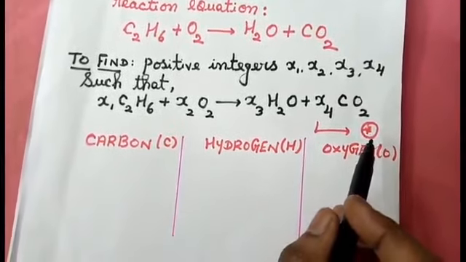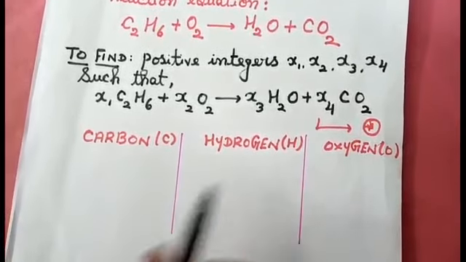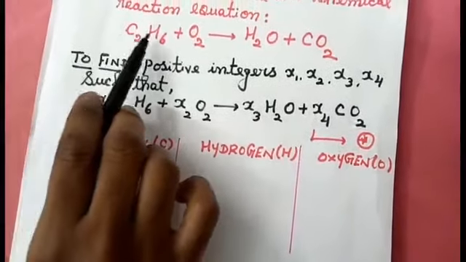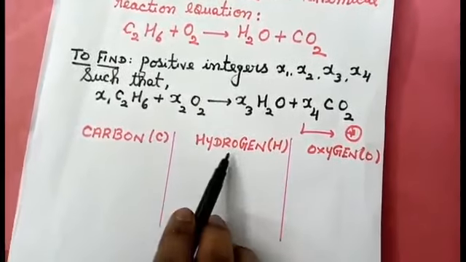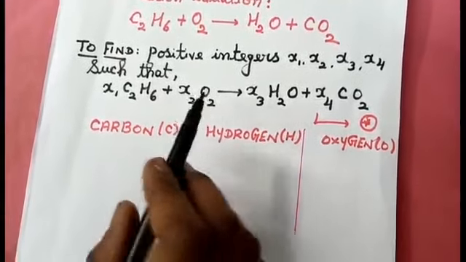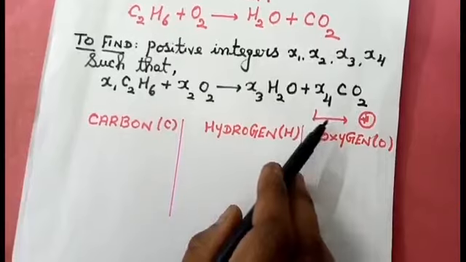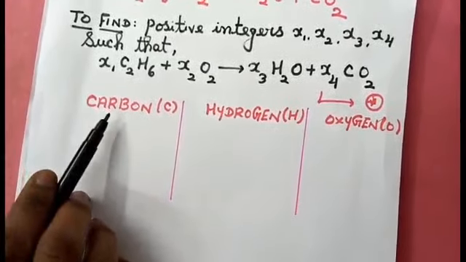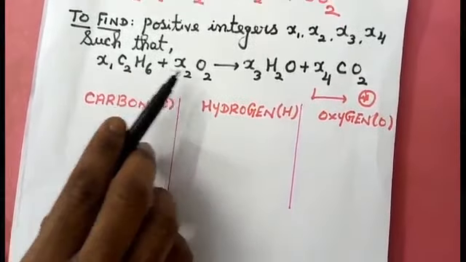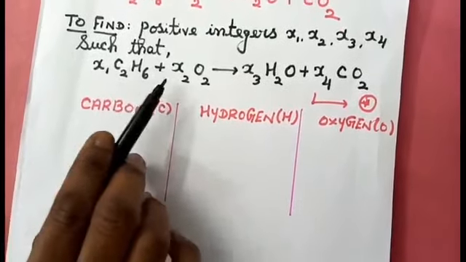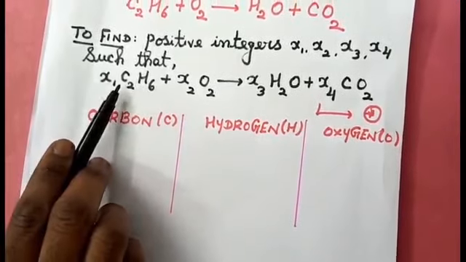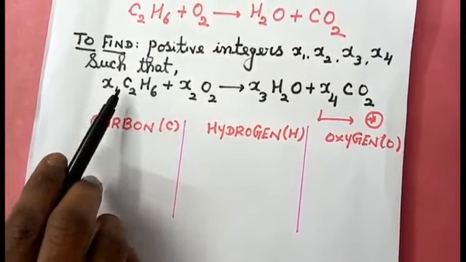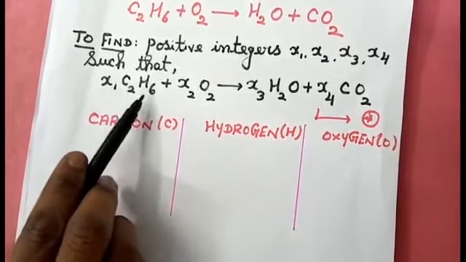Now let us see how to first find the equations. If you see the alphabets, you are going to have C, H, O, that is carbon, hydrogen and oxygen. Coming to the equation star, for identification I am writing like this. Now I am going to target only on carbon. Left hand side, just see the equation, students. Left hand side, only in one term I am having it. I am having the value C, that is x1 C2H6.